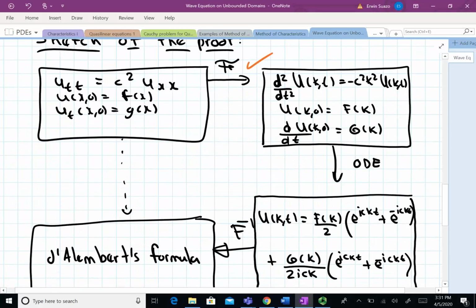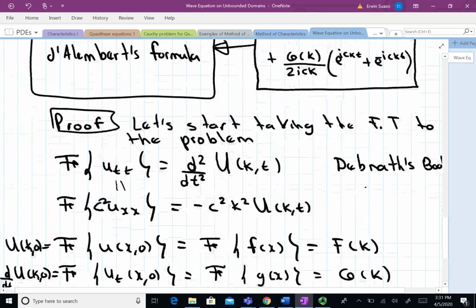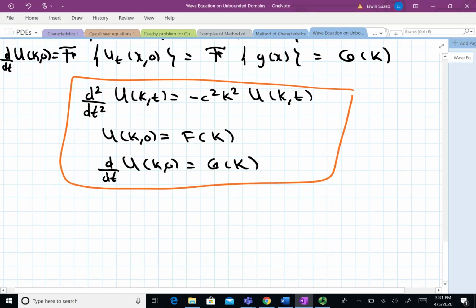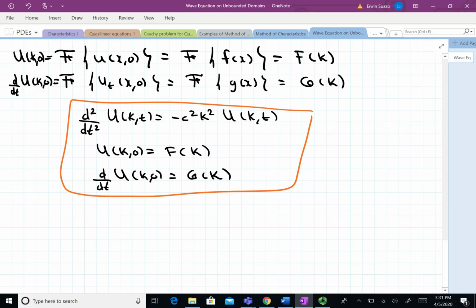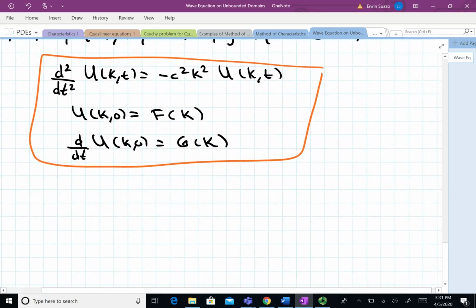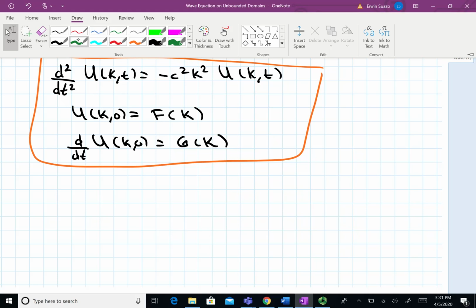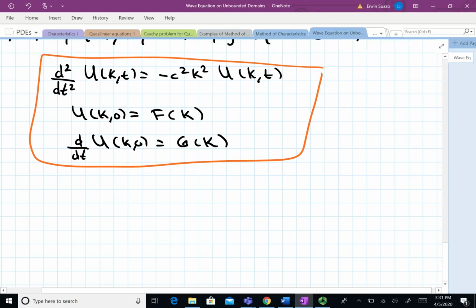Now the next step is to solve using ordinary differential equations. You see, this might look scary, oh no, maybe not, but this is just a normal differential equation. You have solved this many times. So let me put it in more familiar terms. Instead of u, let's say y. So this is y double prime equals minus c squared k squared y,